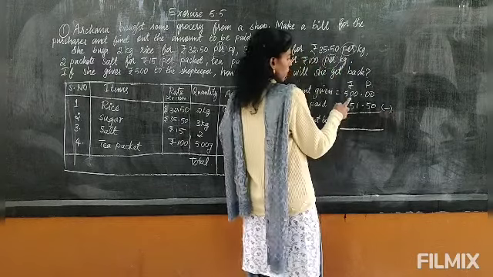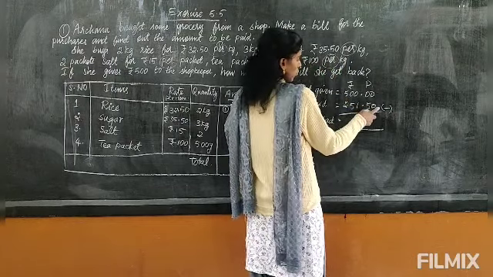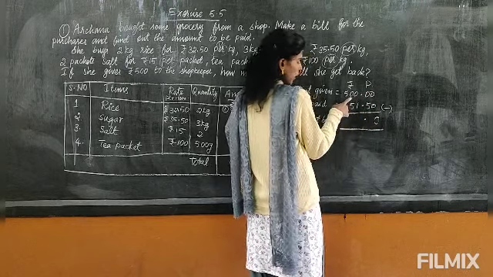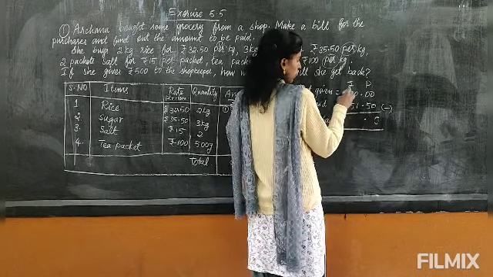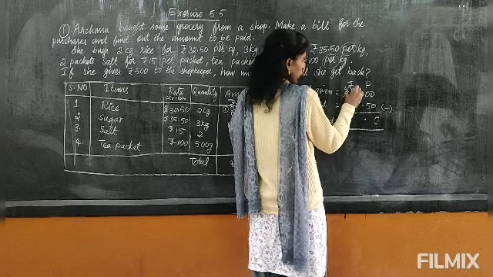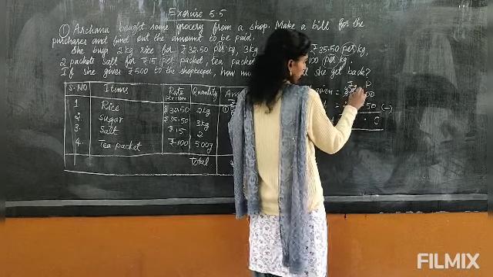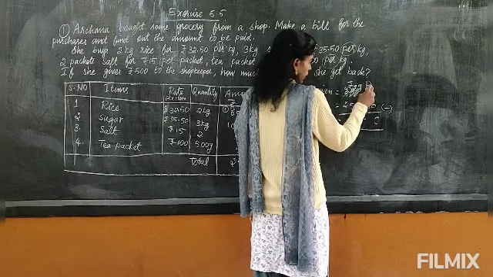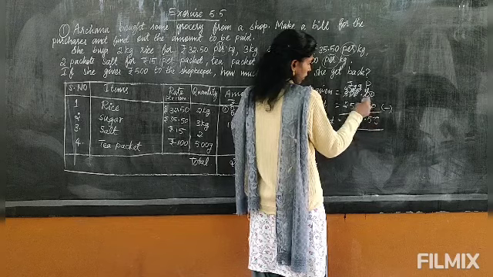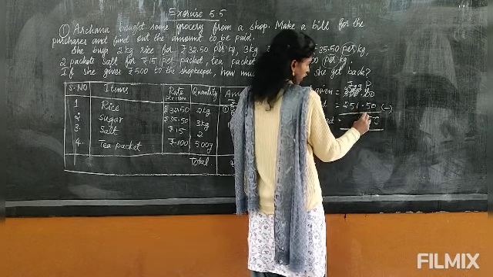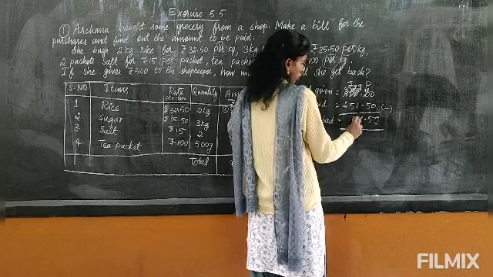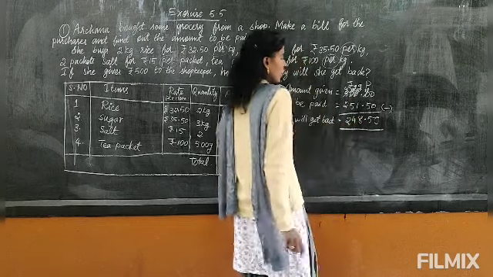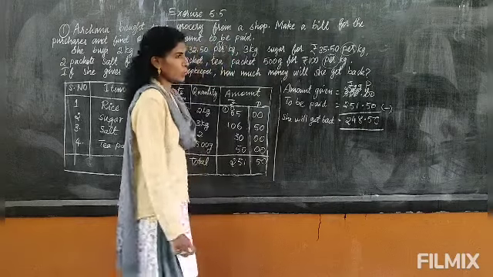When you minus, see here 0 minus 0 is 0, but 5 you cannot minus from 0, so you have to borrow here. Here also no numbers. So from 5 you will borrow, so 4 will remain, and here we will get 10. From 10 if we give 9 will remain. This will become 10. From 10 if we give 9 will remain, and here 10. 10 minus 5, 5. Now 9 minus 1, 8. 9 minus 5, 4. 4 minus 2, 2. So 248 rupees and 50 paise she will get back.